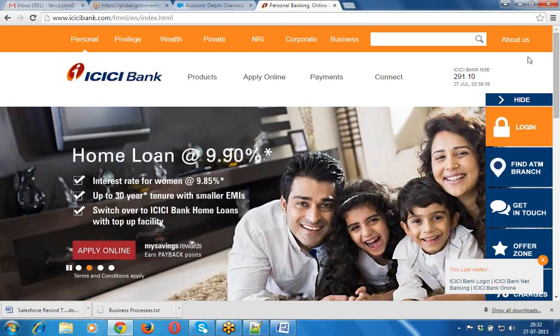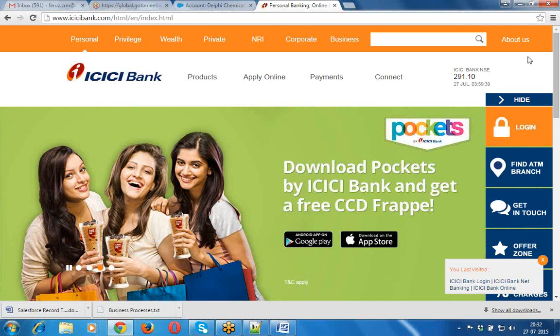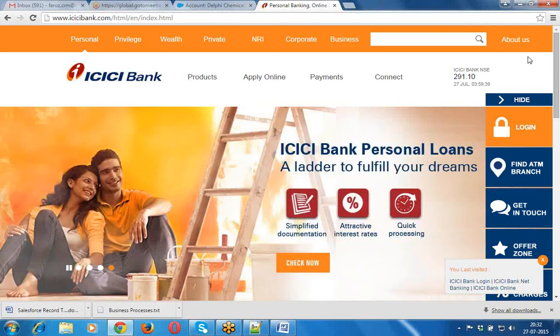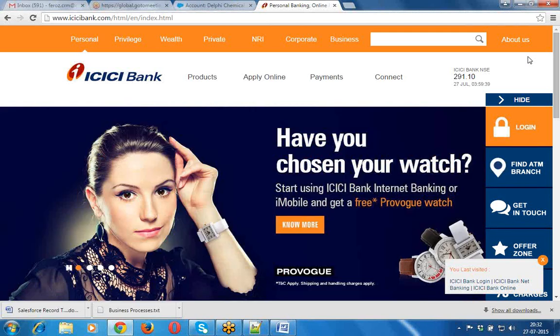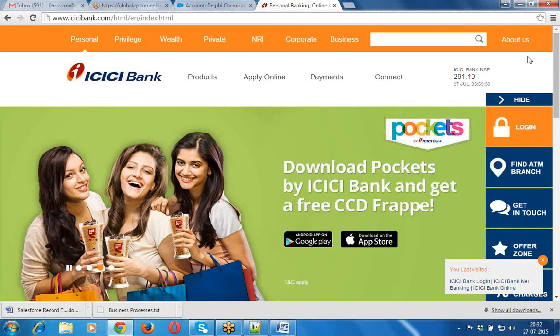See, in the ICICI Bank, so many customers are available. Those customers may have their own type of account. As an individual person, I have a personal savings account, and employees will have the salary account. The corporate or business people will have the corporate account like that. For each and every account type, there is a different process. Suppose, if you want to create a savings account as an individual person, then we have to submit some set of documents. Along with that, we have to pay some initial amount also in order to create that account. For ICICI Bank, we have to maintain a minimum of some 10,000 or 15,000 as the balance.